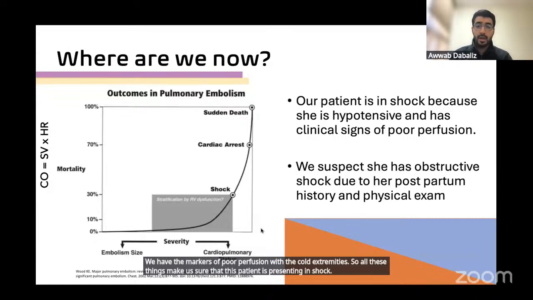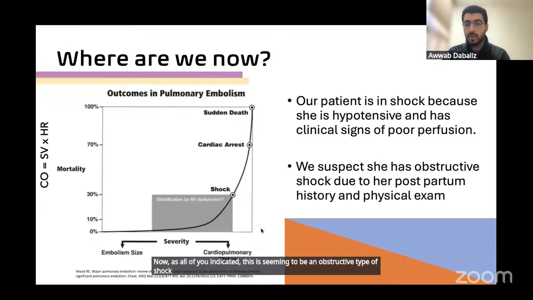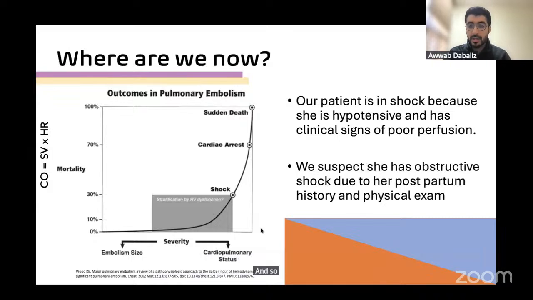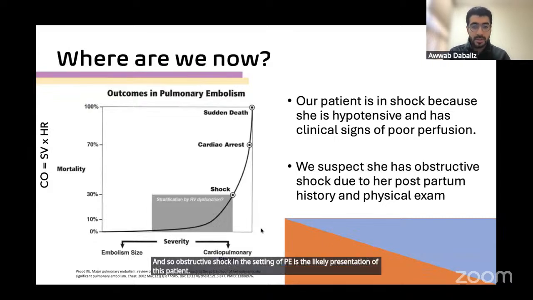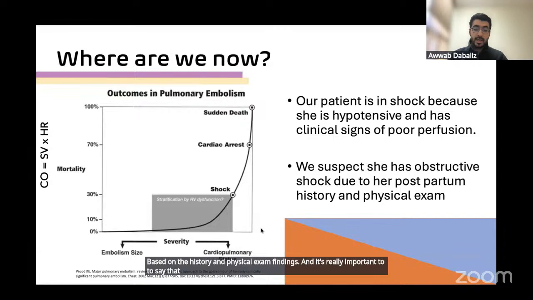Now, as all of you indicated, this seems to be an obstructive type of shock in the setting of this swollen leg and the postpartum status, putting the patient at risk of a PE. And so obstructive shock in the setting of PE is the likely presentation of this patient based on the history and physical exam findings. And it's really important to say that, because when we think of shock